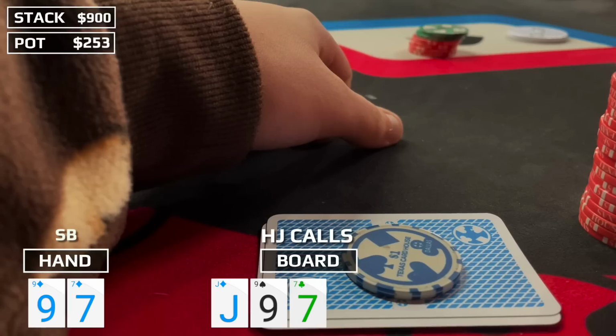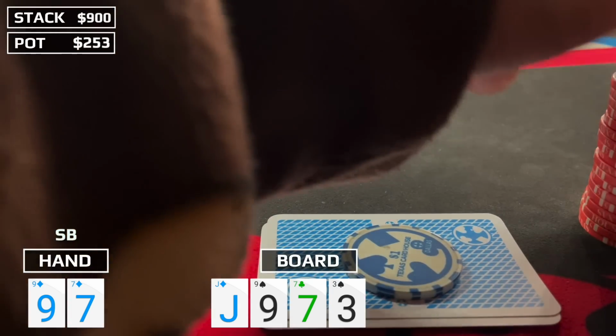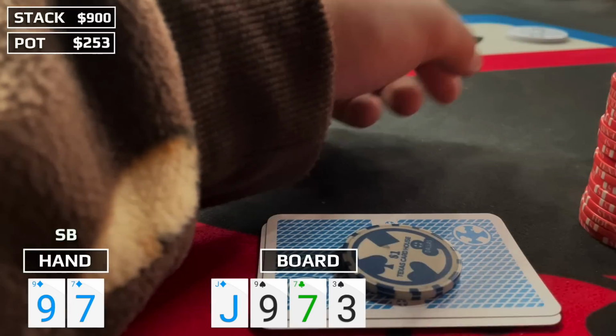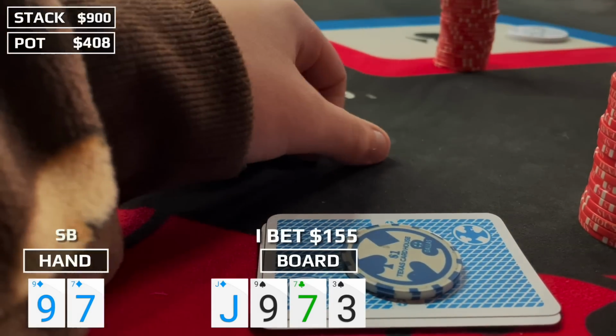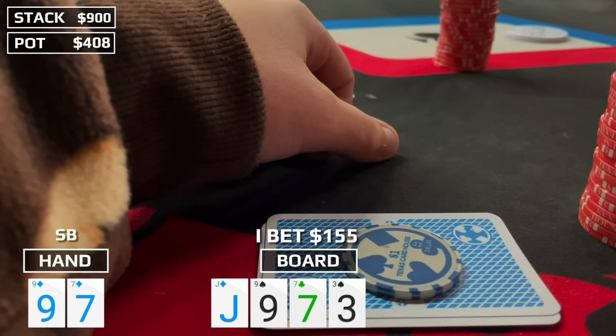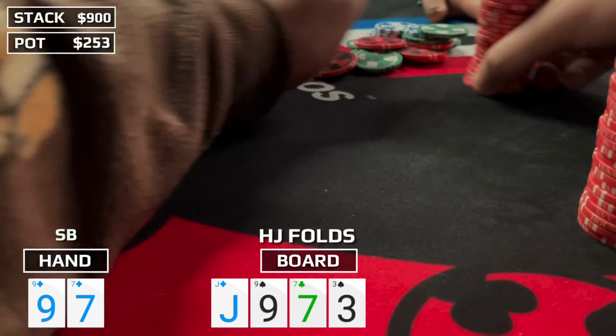The hijack agrees with that. He sticks in the call. And we're going to go off to a beautiful looking turn card. The 3 of spades. It's the biggest blank in the world. It does put a backdoor flush draw out there, but I'm not too worried. I'm going to continue pumping money in the middle here. I make it $155. He's going to have to pay for it, but he does not want to see the river. He mucks his cards, and we're going to scoop a nice pot there, and we're going to move on